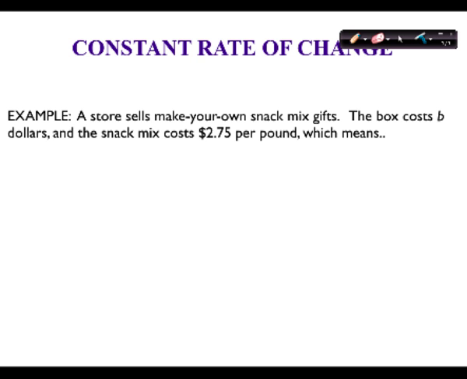Okay, Jason, you're up. Tell me. So for any variation in cost, variation in cost is $2.75 times the change in pounds plus